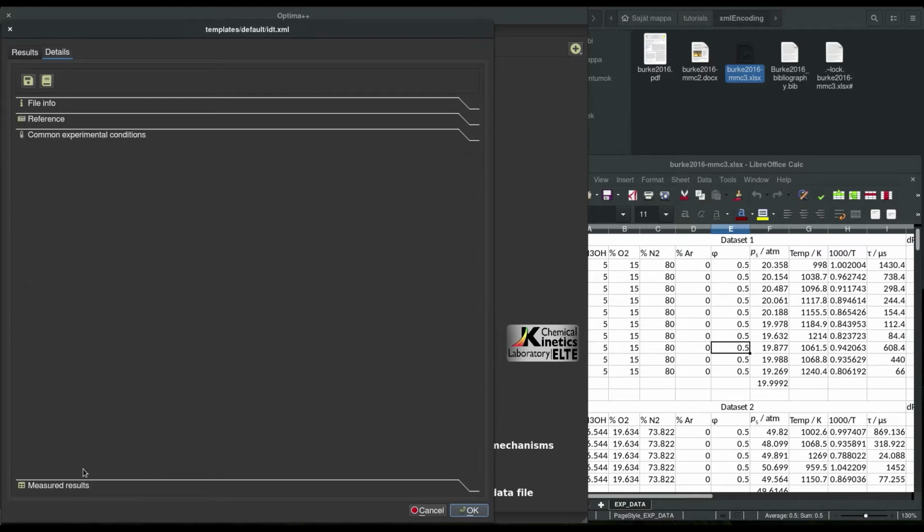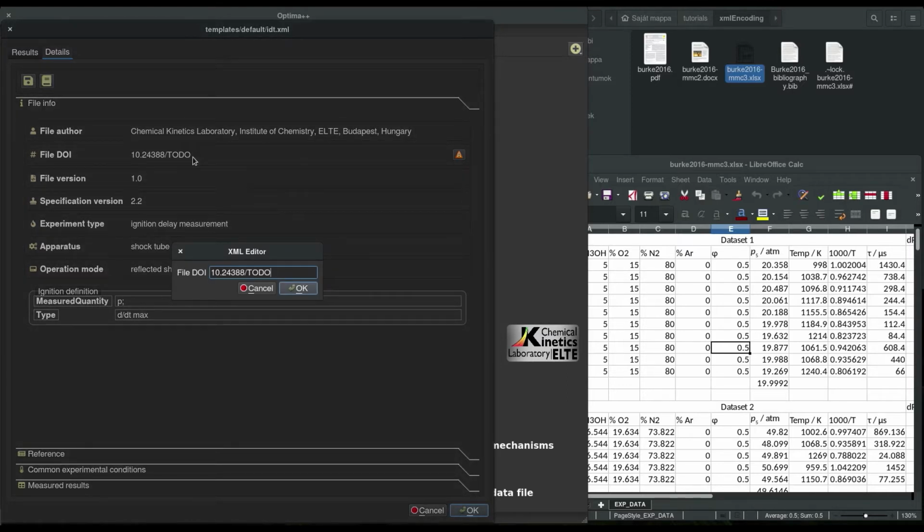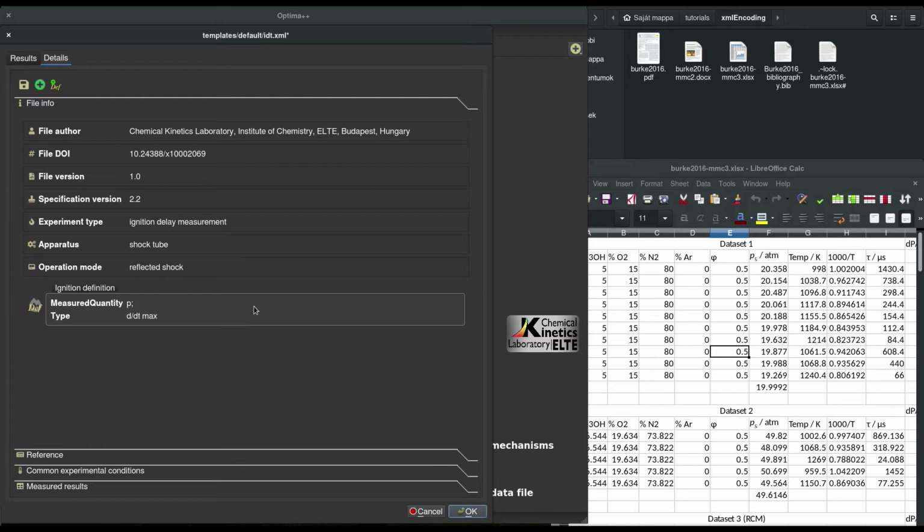As you can see, here we have 4 tabs corresponding to the 4 main parts of the XML file. You can edit any field by double-clicking on it. In the File Info section, I update the File DOI field. The ignition definition is the last entry in this section.